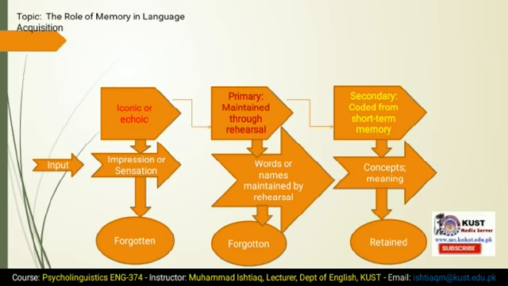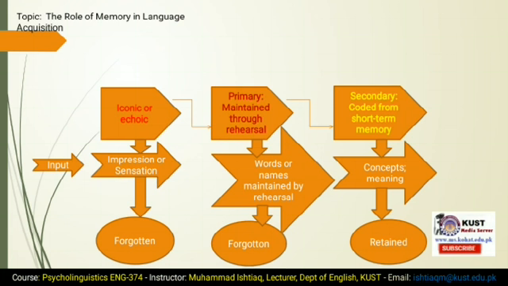Finally, this is the flow of information, the information processing mechanism in different types of memory. As you can see, the first is iconic or echoic memory. Input in iconic memory is in the form of impression or sensation, and iconic memory, also known as sensory memory, is transferred to short-term memory, also known as primary memory, in which information is maintained through rehearsal, and information in primary memory is in the form of words or names